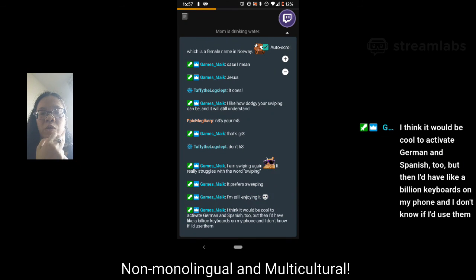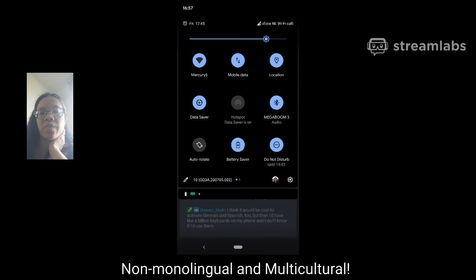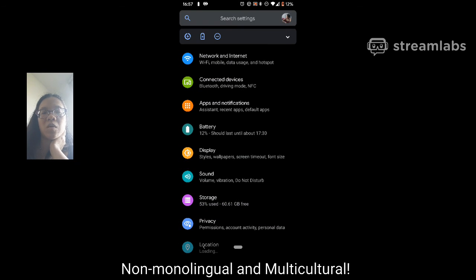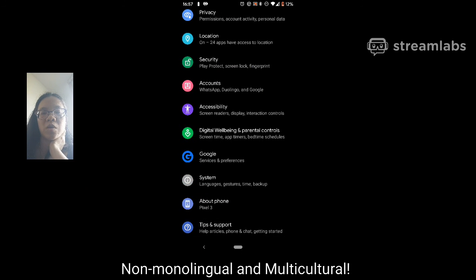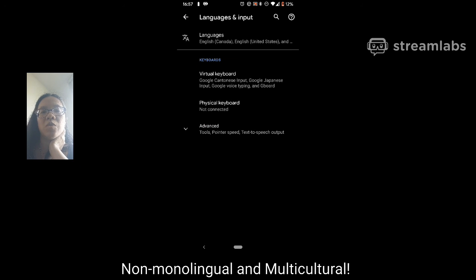I think it would be cool to activate German and Spanish too, but then I'd have a billion keyboards on my phone and I don't know how. With Google Keyboard, you don't have to. Google Keyboard itself has a multilingual keyboard. Hold on, let me see if I can pull this up for you, Mike. Keyboard settings. Where's my keyboard settings? Languages. Keyboard.